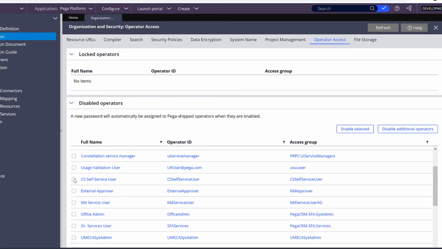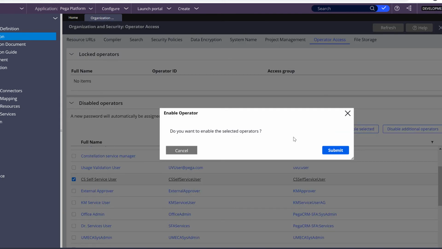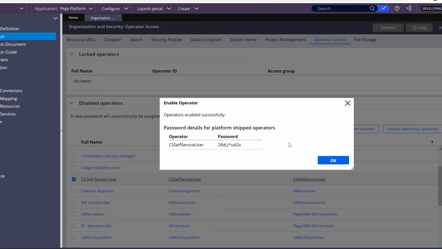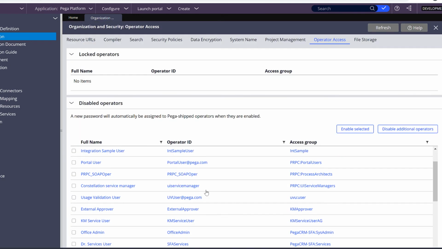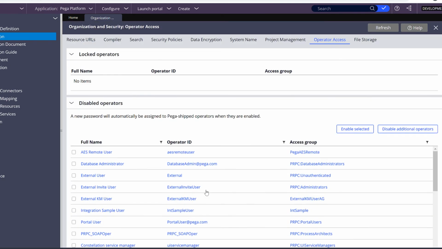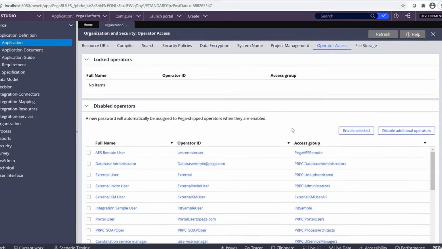You can select the operator by clicking on this checkbox. Click on Enable Selected. Do you want to enable the selected operator? Click on Submit. Now the operator is enabled successfully. Click OK. In the same way you can enable all the disabled operators. Once you log in with that operator, you can change his password if needed.